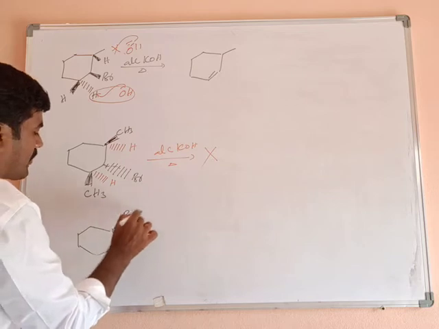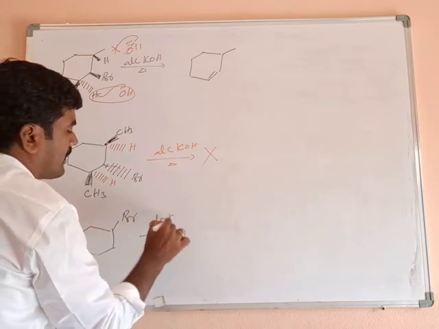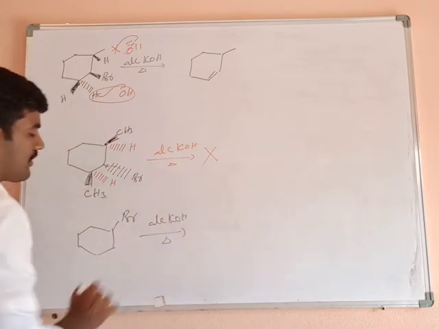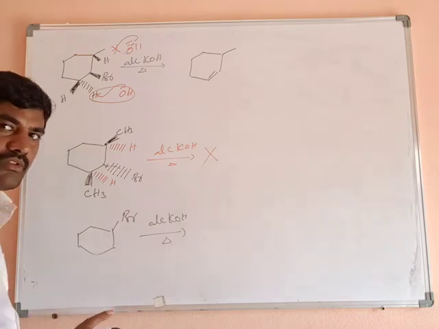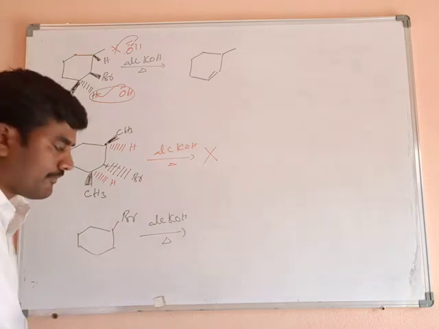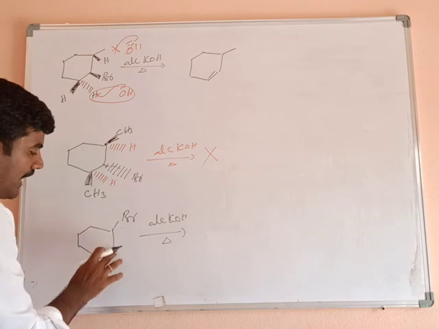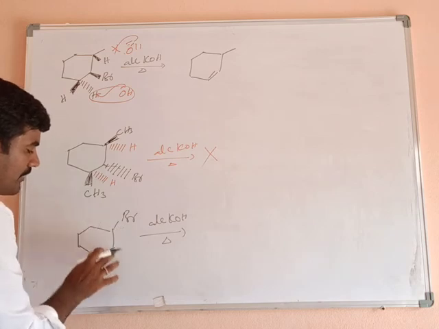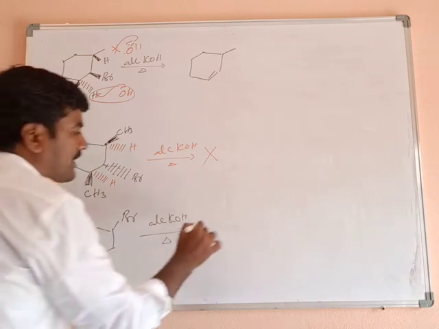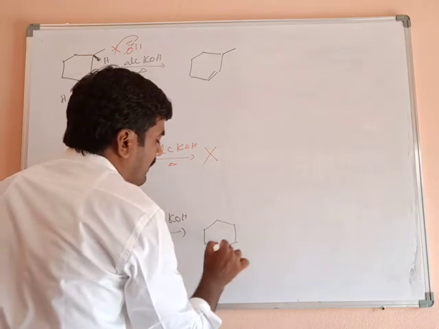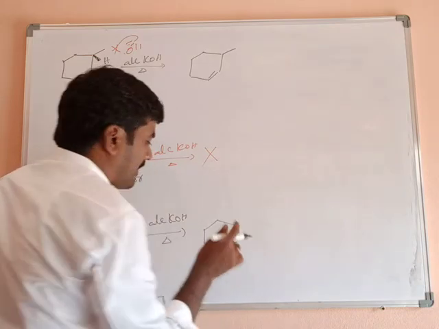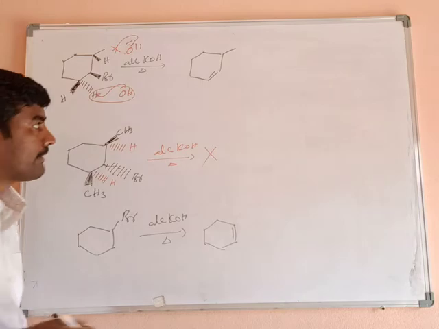One more example. Simple example. Bromine, alcoholic potassium hydroxide, heat. Now this bromine is there. There is no methyl group. So the halogen is eliminated from here, and hydrogen from either here or here. Both are beta positions. Hydrogen is eliminated from the adjacent carbon atom to form a multiple bond like this. Clear?